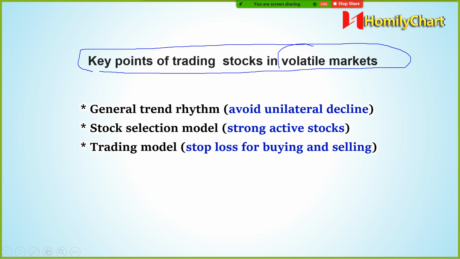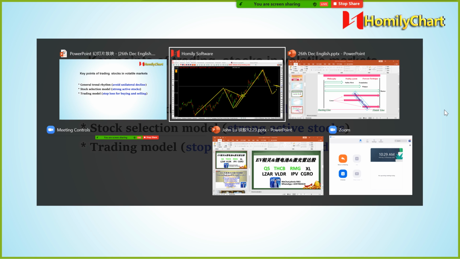Even though that is a volatile market, and even though maybe the risk is coming, but never mind, we can follow the rhythm. First one, we must avoid the downtrend or the sudden drop for the general trend. Like this year, February to March. That is a unilateral decline or drop for this year, February to March. We must avoid. You use everything to avoid. Like us, very easy to avoid.